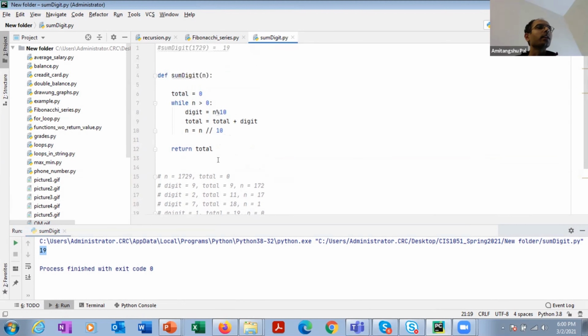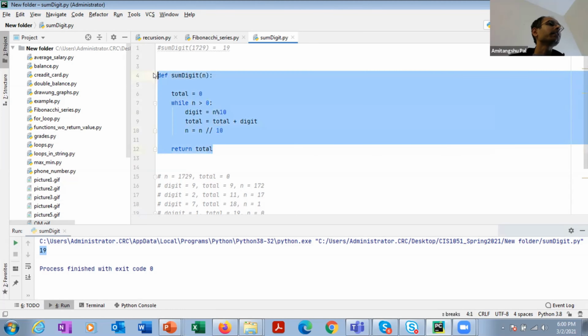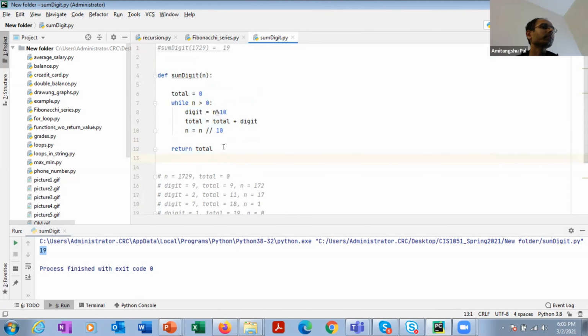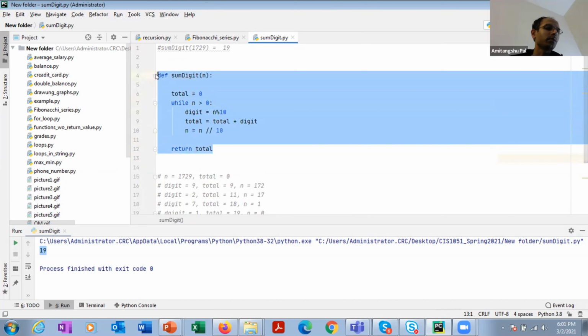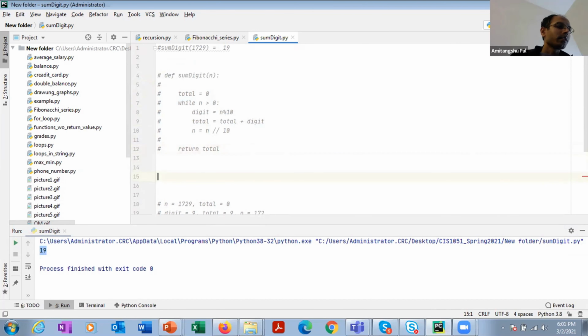Okay. Now the next question is, can I convert this function to a recursive function? So let me comment this out, and then let me write the same function, sum digit of n. All right.